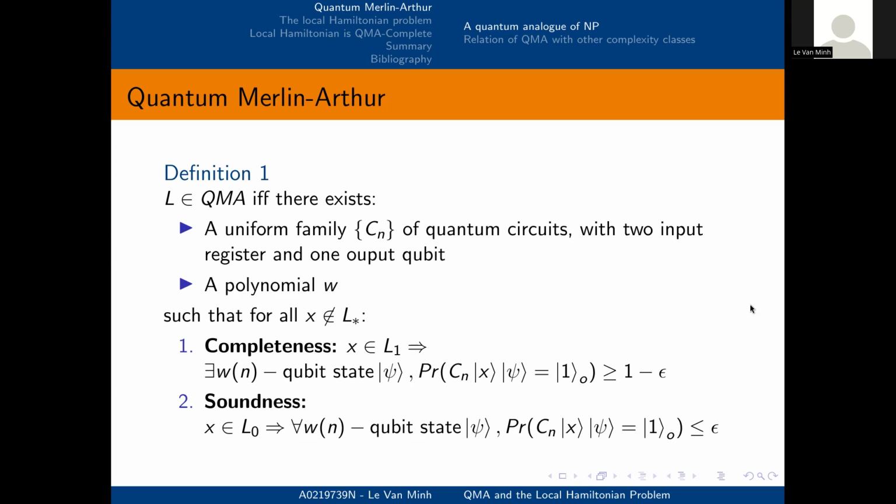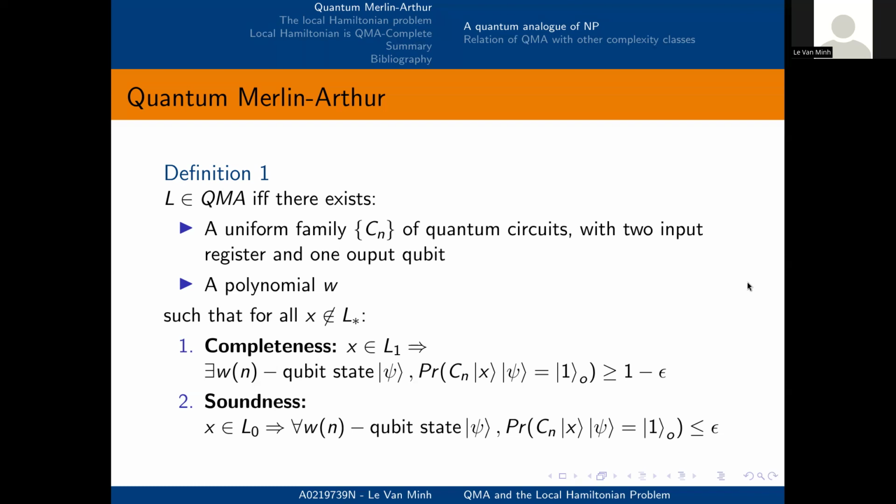It is the quantum language for proof. So we have a witness state that is polynomially sized, such that when it is input into the circuit Cn, it will accept with some high probability. And the soundness